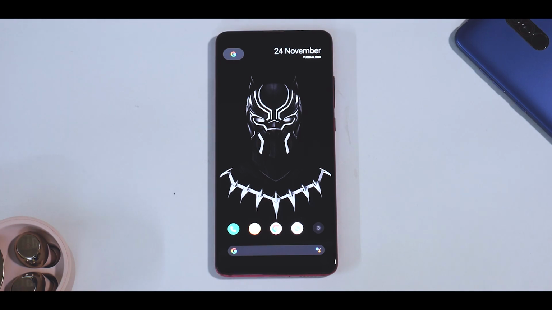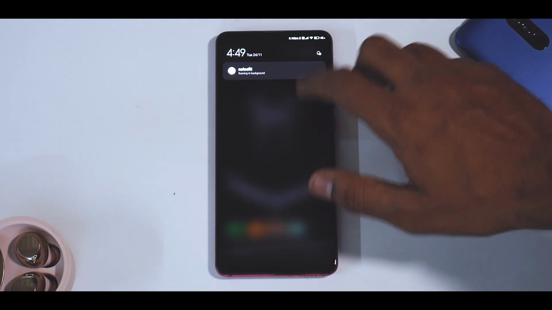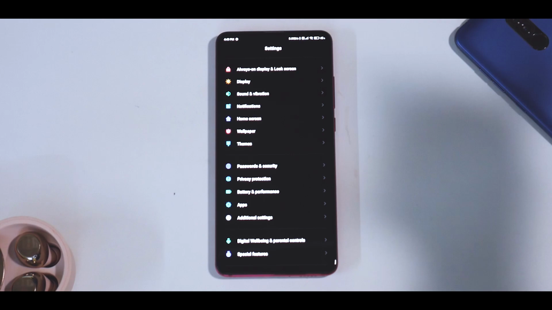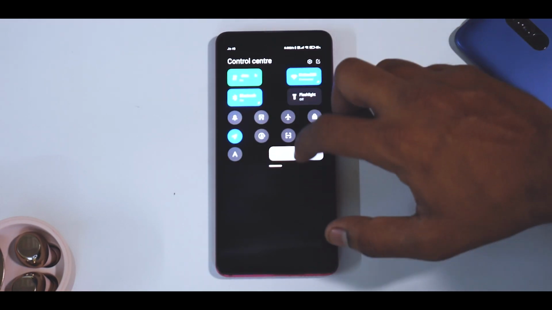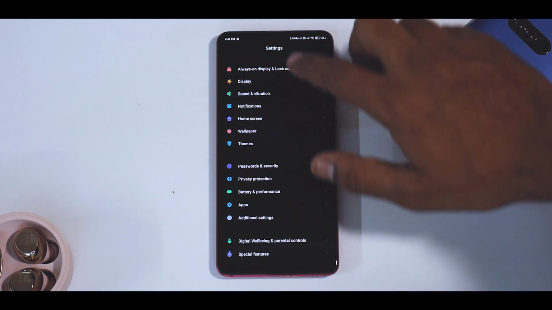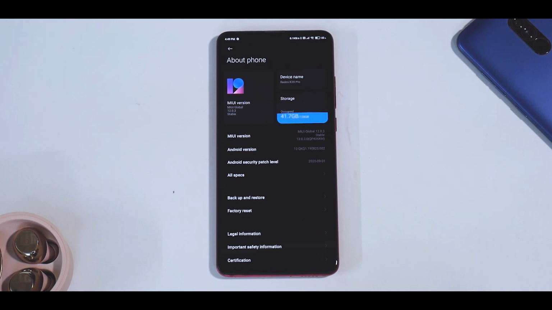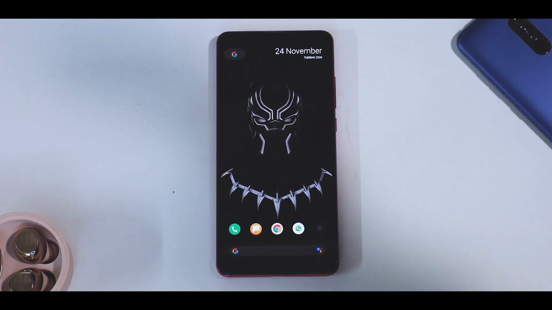So coming back to the ROM, this is the latest Indian stable version, that is 12.0.3.0, and I've hidden the status bar because I like that full minimalistic look of the screen. All right, so that's the control center for you, and if we go to about phone, you do see that this is the official MIUI version. I am not using any custom ROM, at least that is what I was using for the last 1 week, because for me stability in that road trip was very important.